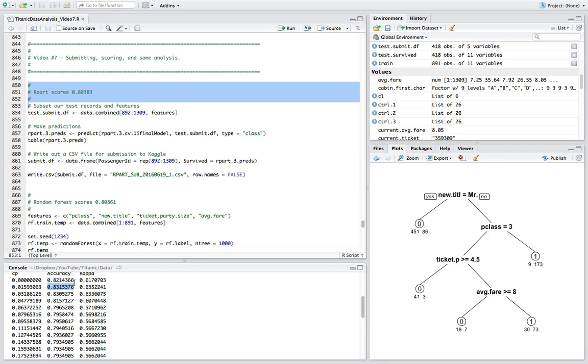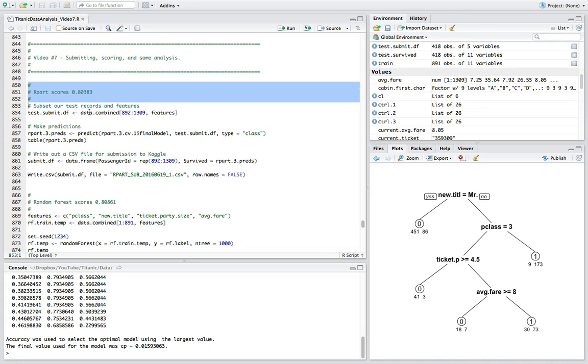And this is what we see here, which is the tree scores about 3% less. Ish, less than 3, about less than 3% less. So a little less than 3%, which is not bad. All right, so let's go through the code about how you can actually generate this submission to get this pretty good score of 80.383%. All right, so the first thing that we need to do is grab from our data.combine